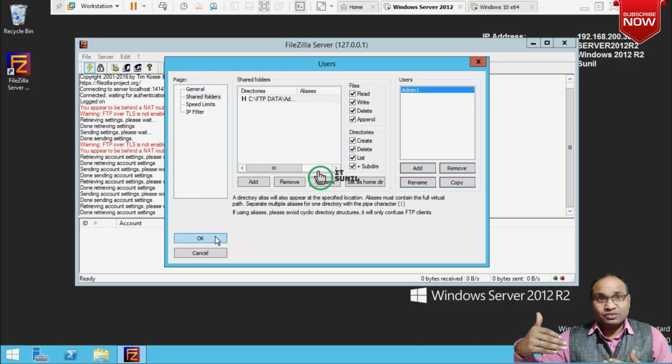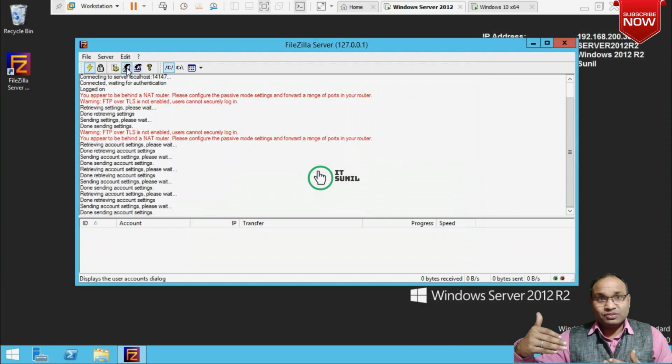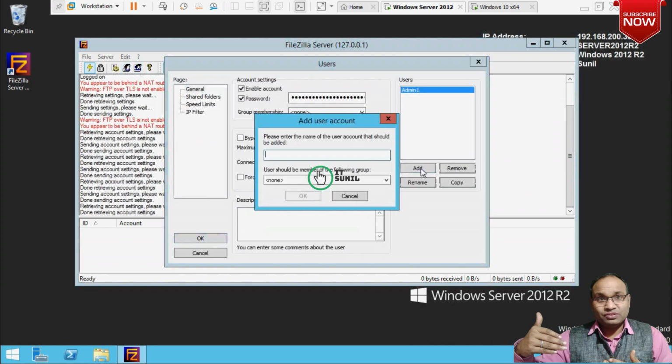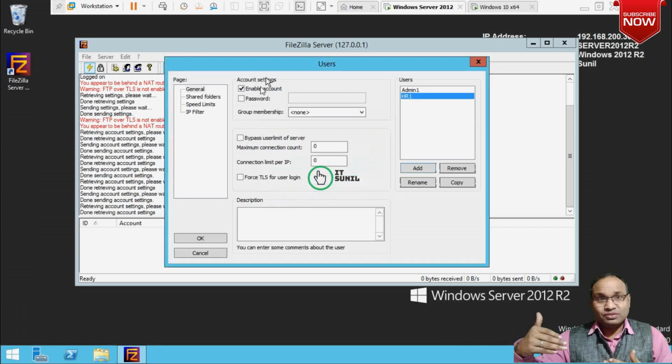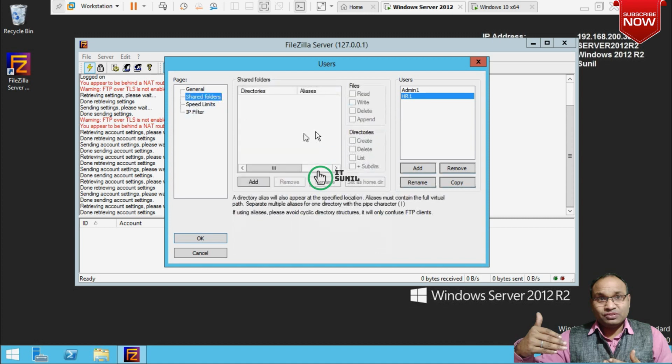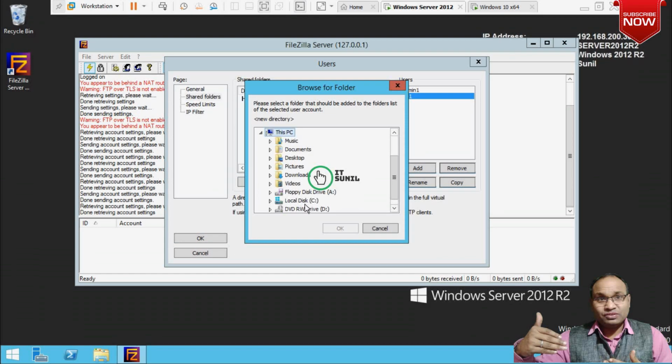Okay, click OK. Click on here and add HR1. Select the password. Share folder is HR1.